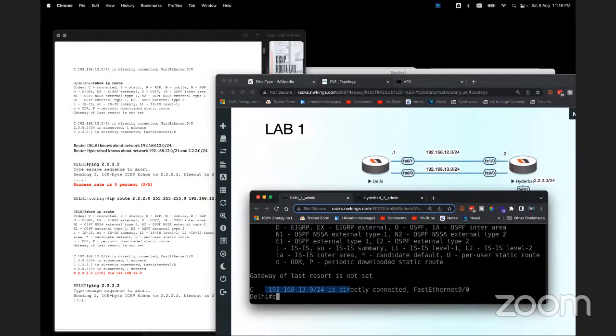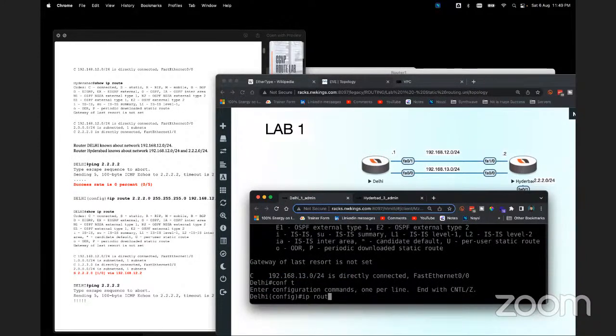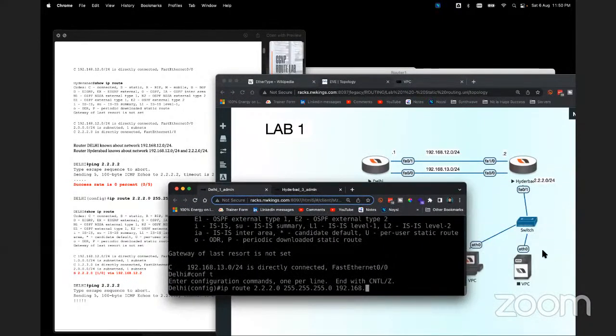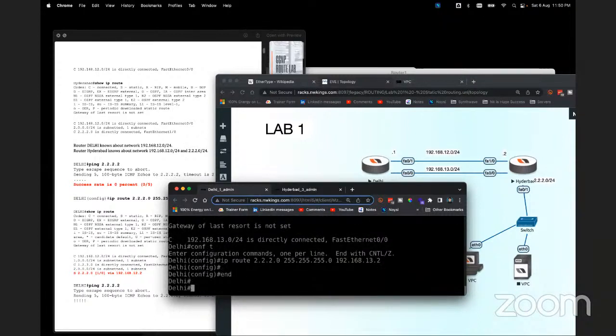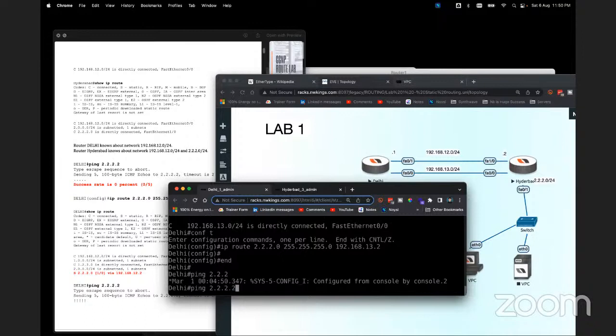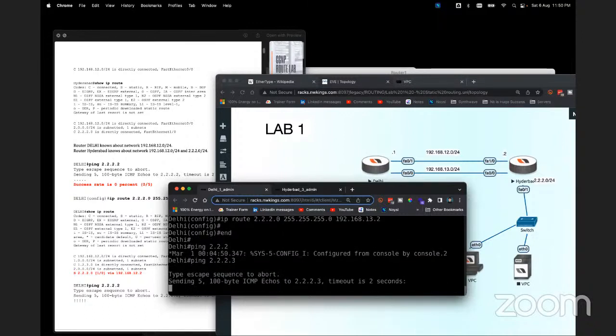So we need to add a static route of 2.2.2.0, 255.0.0.0. Do you just want to ping the Hyderabad router, or do you want to ping the whole network? The whole network. So you have to use the network ID, right? Yeah, sure. Okay, so now we have given it, and let's try to ping 2.2.2.3, because that machine's IP is 2.2.2.3,